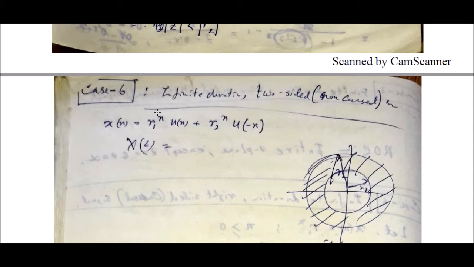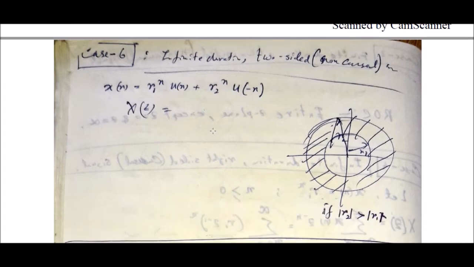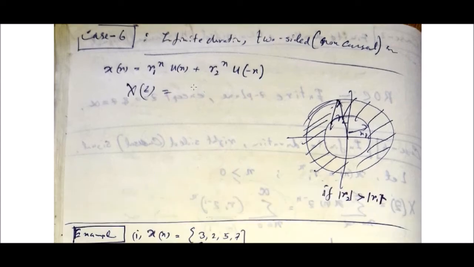It was exterior of the circle having the radius of R1, and its ROC should be interior of the circle having the radius of R2. Now consider the case where R2 is greater than R1. Then it is the circle representing the radius R2, and the inner circle representing the radius of R1. So for the first case, the ROC should be outside of this smaller R1 circle, and for R2, the ROC should be inside of the bigger circle of R2.